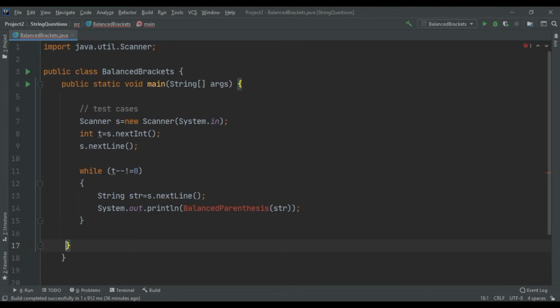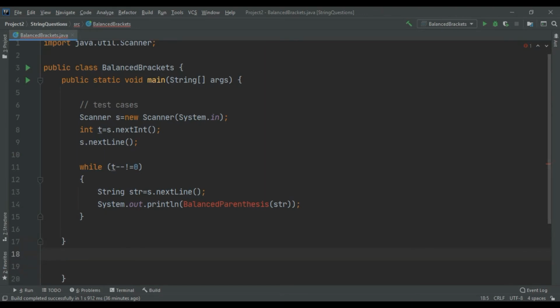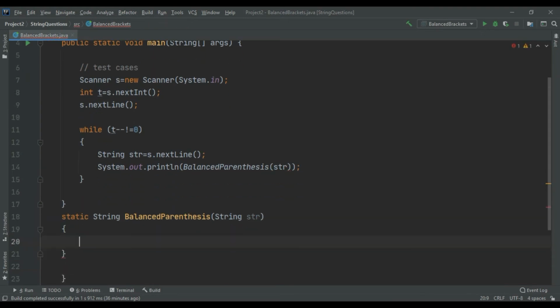So we would be creating a function. Now what we have to do: our string is of this type. Let us assume that we have got the input in this format.